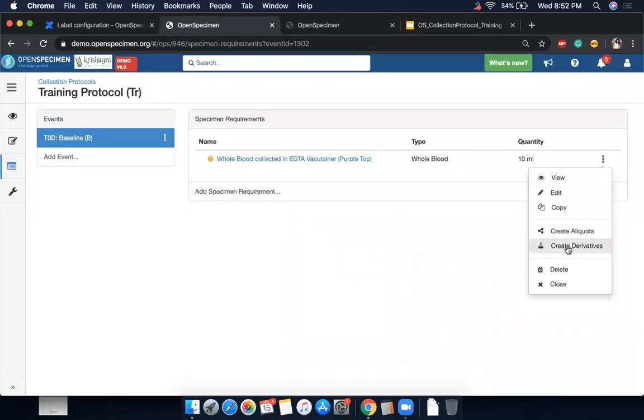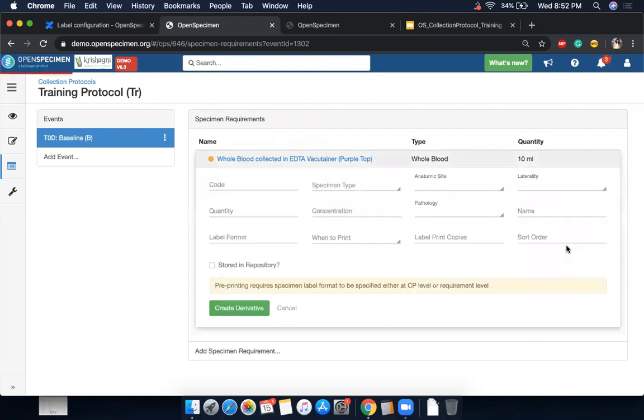So first you need to create a derivative. In OpenSpecimen, the difference between a derivative and an aliquot is that a derivative is a child which is different from the parent. Since I'm making plasma out of whole blood, I'm going to create a derivative and then make aliquots out of it. Whereas if I'm just going to make blood aliquots, I can directly create aliquots.